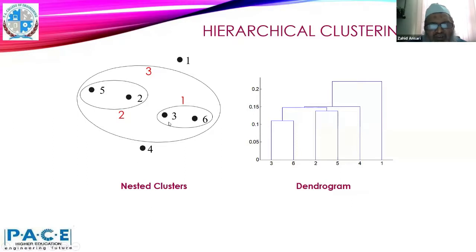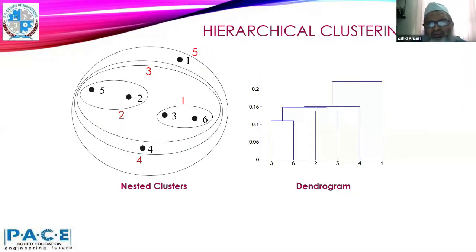Now from the point 1, the closest one is this 2, but this distance is closer between 3 and 4. So we'll merge the 4 first with 3. So we are merging it, okay? And finally we are merging 1. So if we use the single link, we do the merging like this.